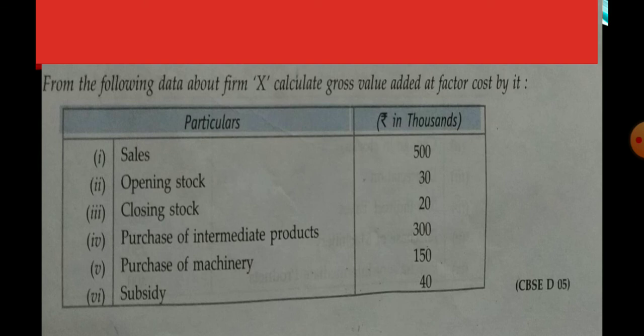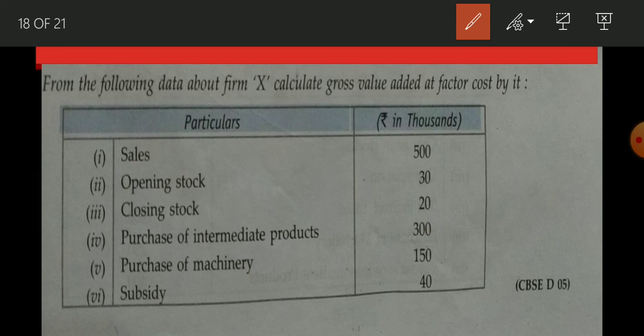In this question, you have to find out the value of gross value added at factor cost, GVAFC. And whenever we are using the production method, what we get? We get GVAMP. Okay, student. So the basic equation of the production method is value of output minus intermediate consumption, and value of